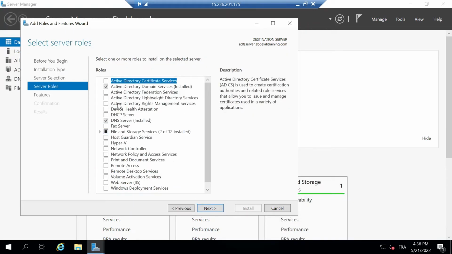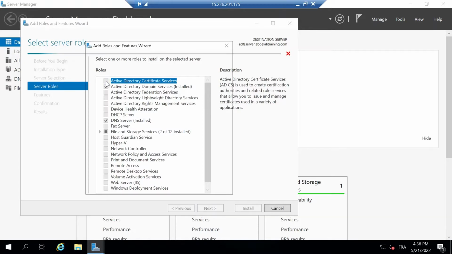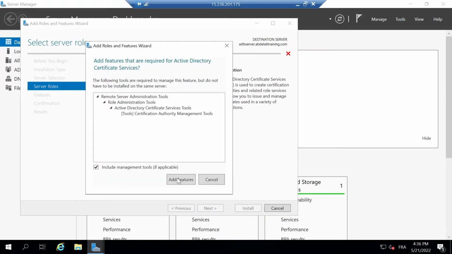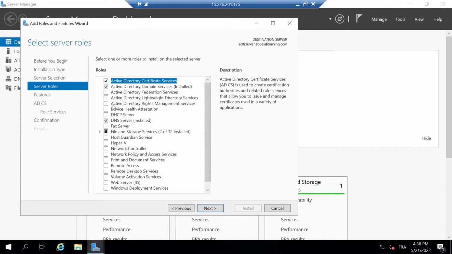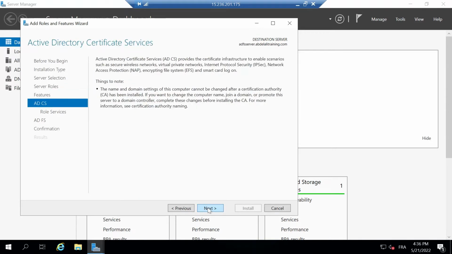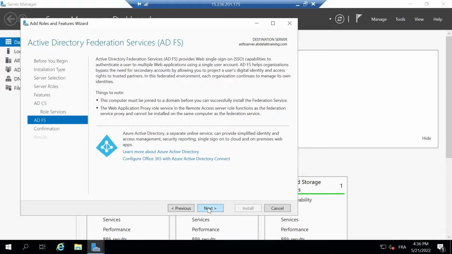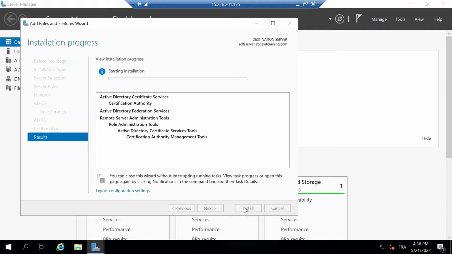And then, as I said before, once we install the Active Directory, then the DNS Server is installed by default. So I will check the Active Directory Certificate Service, and then the Active Directory Federation Service as well. We'll click on next, and then install. So once the installation finishes, then